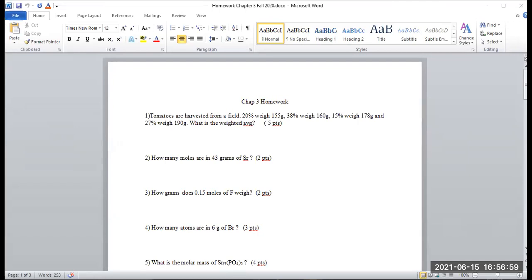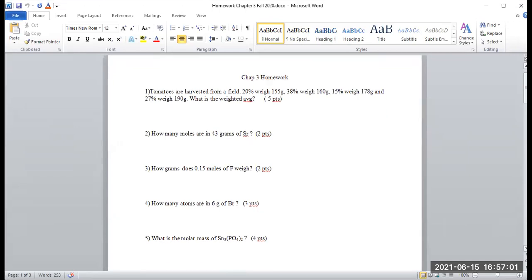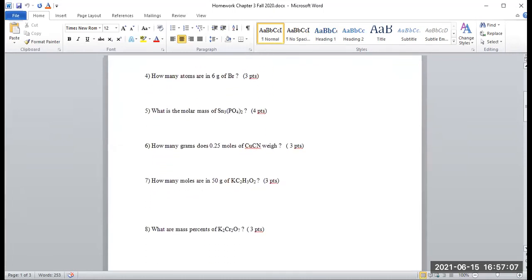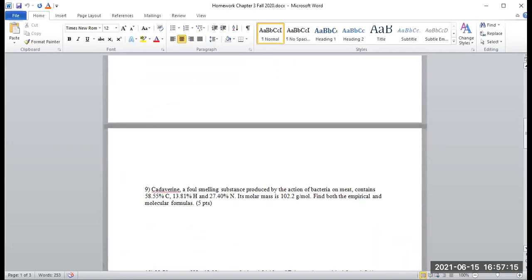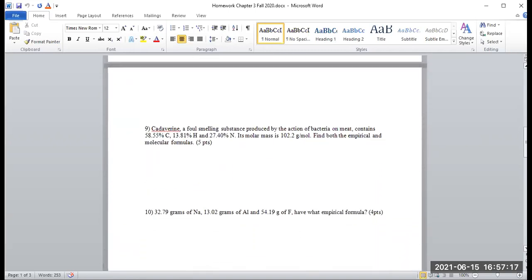Then we've got some various problems that involve single elements, strontium, fluorine, bromine. We have some problems that involve molecules with moles and grams, some percents, empirical and molecular formulas,